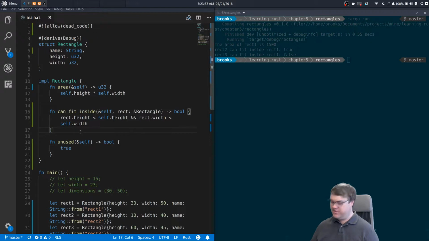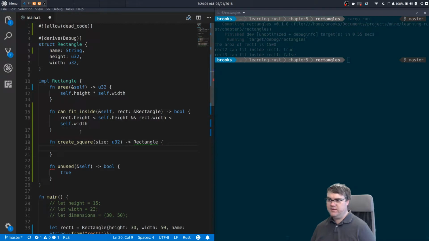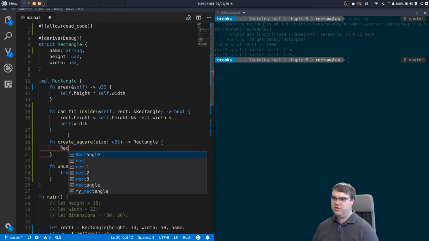So we have our unused, I'm going to leave that alone. We're going to do a function, maybe like create a square, and it's going to take in a size, which is a u32, and we're going to return a full Rectangle, so to give ownership to whoever's calling it. What are you yelling about? You're yelling that I didn't return something. So we take this and we're going to return Rectangle with a